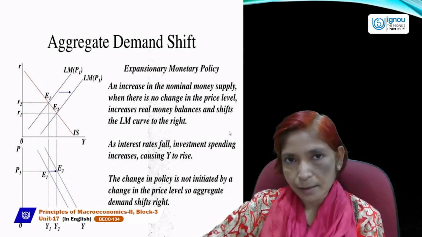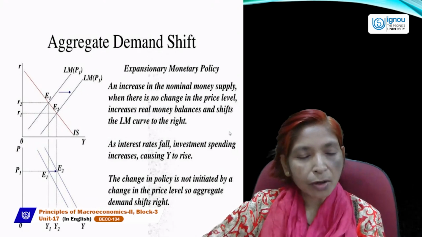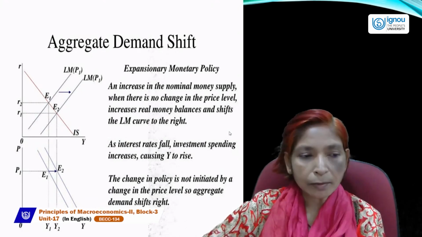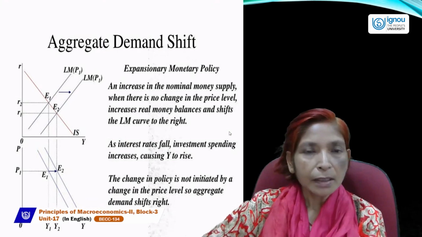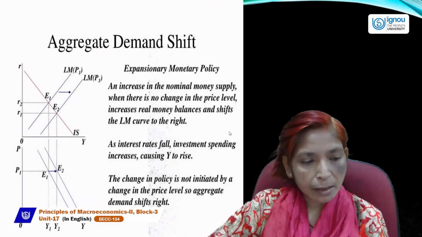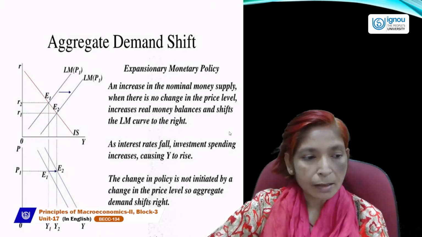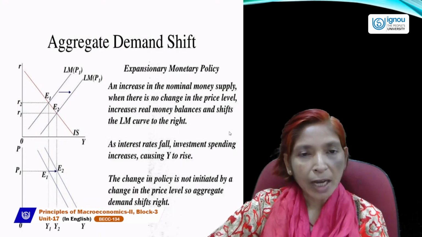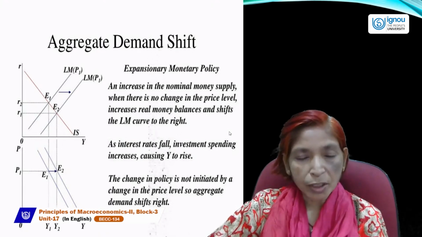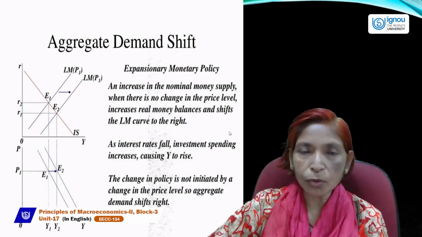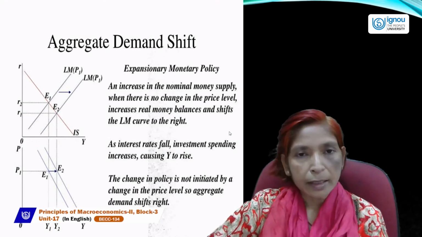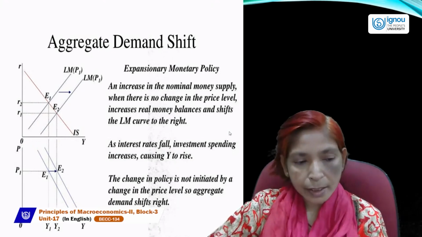At this E2 point, the rate of interest will fall from R2 to R1 and the level of income will rise. Next, we will draw another curve which will show the shift in the aggregate demand curve, and we will take these two equilibrium points and levels of income to the other curve. Same as in fiscal policy, we have taken the price line constant, a horizontal line, because aggregate demand always shifts due to change in other factors, remaining price constant, and that's why we have taken price constant.